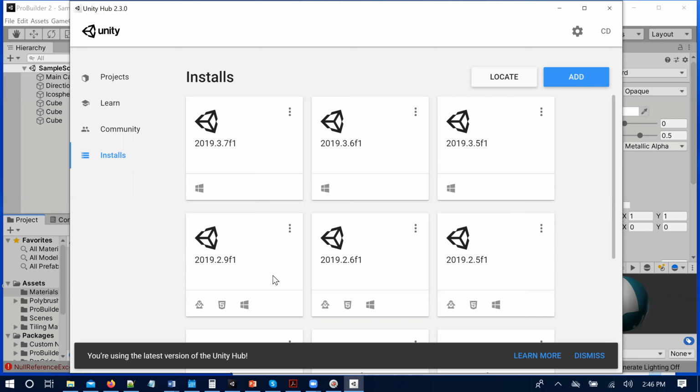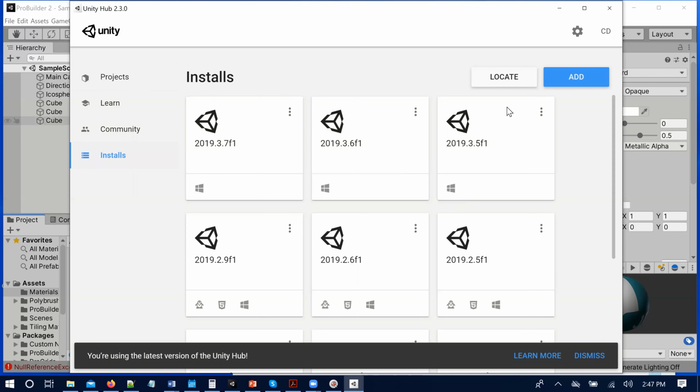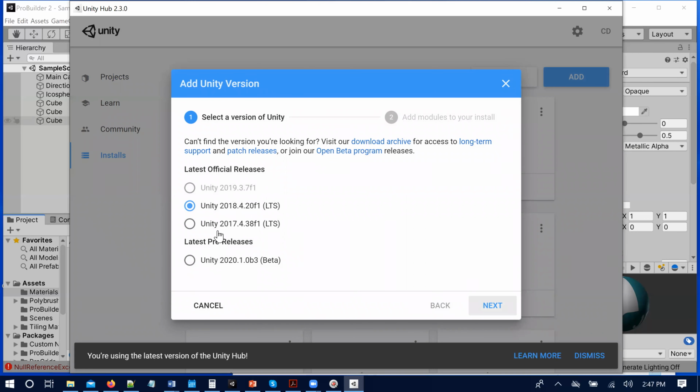So if you don't have a Unity version, or sometimes it's kind of old, and you don't have one that is in the right range, then you'll go into this hub thing, right? Here's my projects, down here are my Unity installs, and you'll click on Add, okay? And these are kind of the most recommended versions. If one of these is in the range that you need, the one on top is the most recent release, the absolute, bloody cutting edge. These two are two previous stable, long-term supported releases.